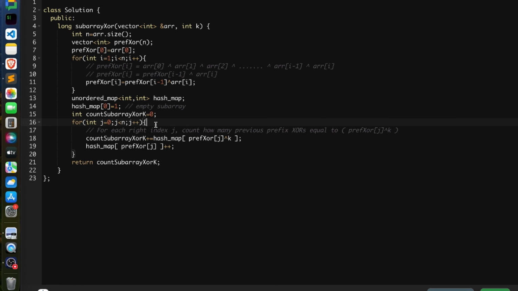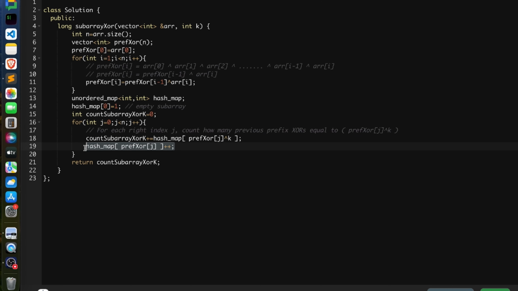So essentially, for each right index j, I'm trying to find how many left indices i we can find such that the XOR is equal to k. And in the explanation I have derived how this formula comes, how we can make use of prefix XOR of j XOR k. So your answer is nothing but hash map of prefix XOR of j XOR k,